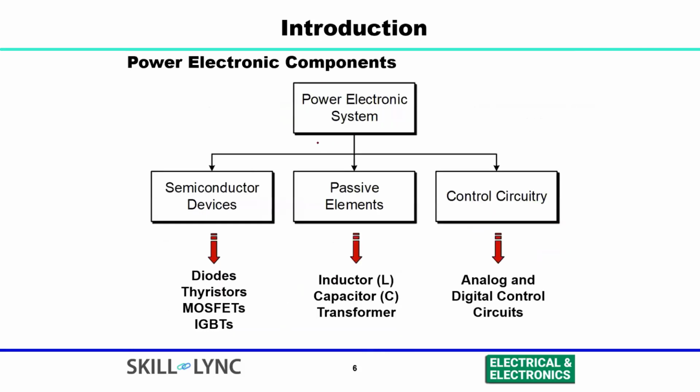So this power converter, as I discussed before, has some components. There are semiconductors. Basically, it is a switch that we require to operate. That can be diodes, thyristors, MOSFETs, or IGBTs, that is insulated gate bipolar transistors. These are the semiconductors that we use. We use passive elements to transfer the energy. It will be an inductor or capacitor or transformer, and there will be control circuitry to control the switches, and this can be developed using analog or digital control circuits. So this is the complete scenario of power electronics components that we have in the power conversion systems.